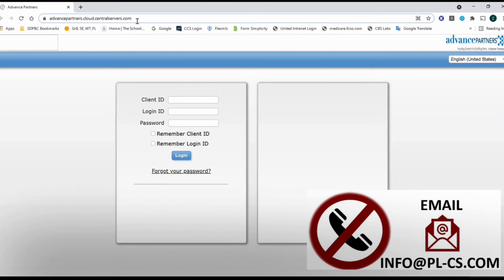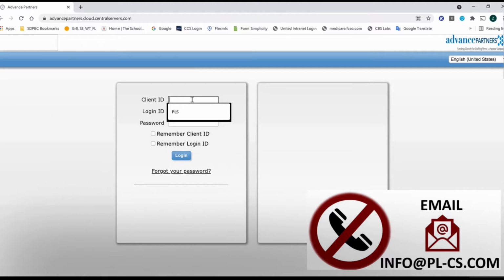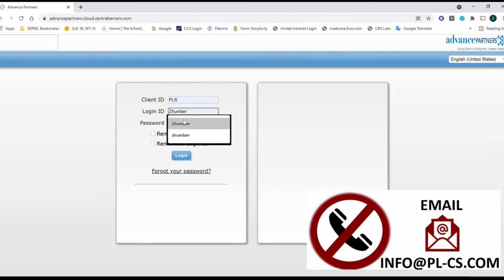In the search bar, type in the address that you see on the screen to reach the login page. Once you reach the Advanced Partners login page, input your client ID, which will always be PLS. Your login will be your first initial, then last name, and your password will be your first initial, last name, and the number 1. Remember to check the boxes that say Remember Client ID and Remember Login ID for easy